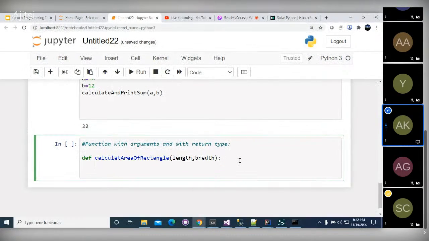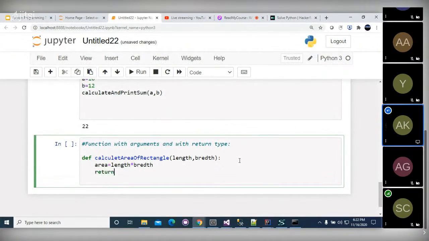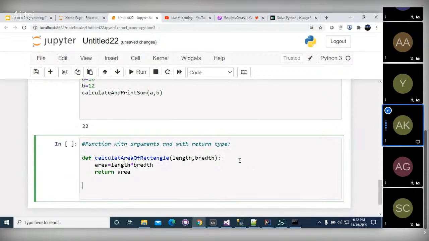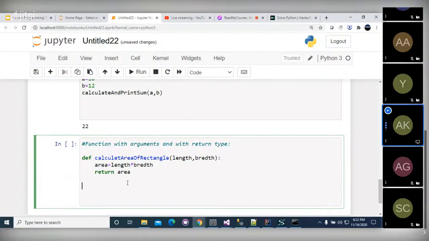Suppose that first we are calculating area. So area will be what? Length star width, and it will return you area. Return area. So when you call this function, you need to pass these two arguments, and it will return you area. So suppose that I am passing L is equal to 10 and B is equal to 20, and our area is equal to,